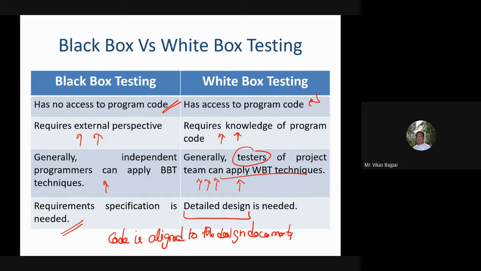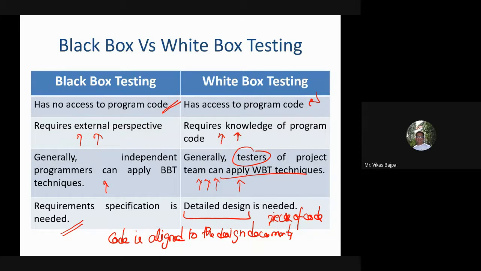Right. My code is always aligned to the design documents. Because of this, as I'm going to test the piece of code now, I need to have this particular document.